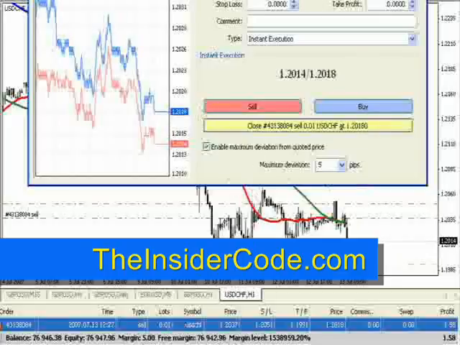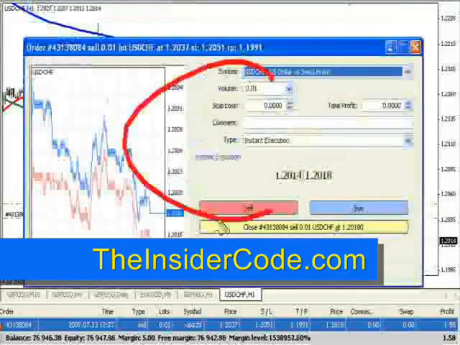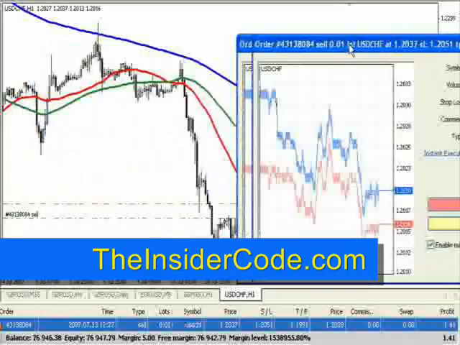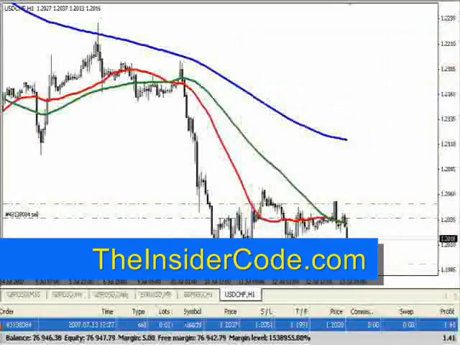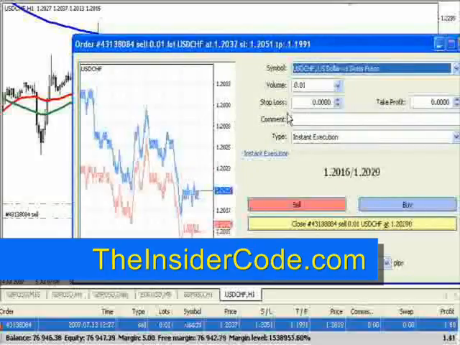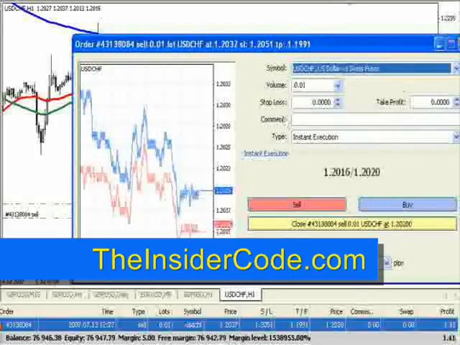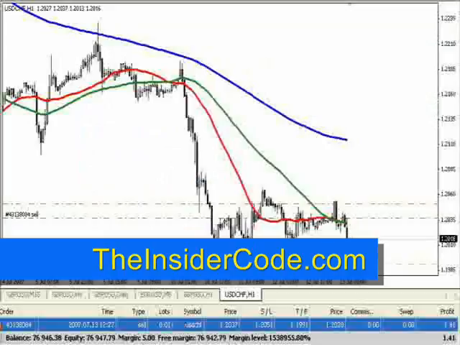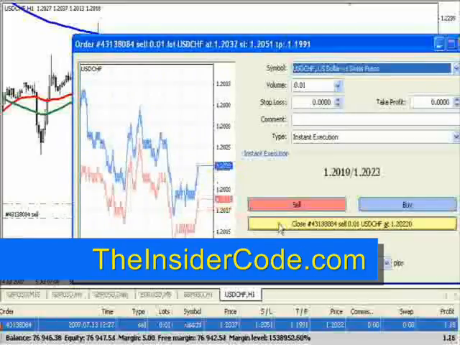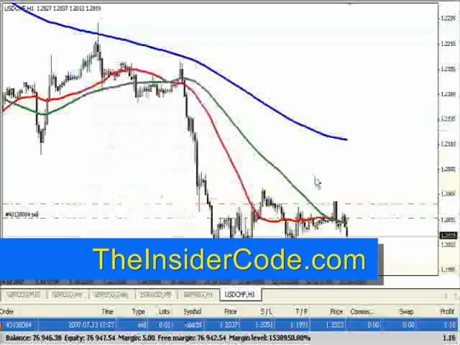Now, is it possible to keep this window open right here? And I guess the answer is you could. If you have your chart over here, and if you have two screens, you could move this window over. That is one possibility. But I prefer to keep a cleaner screen than that. So if I was looking to exit, for example, if the Swiss were moving down and I were looking to exit, what I would rather do is click here, and then click on close order. Because I'm not going to be worried about,